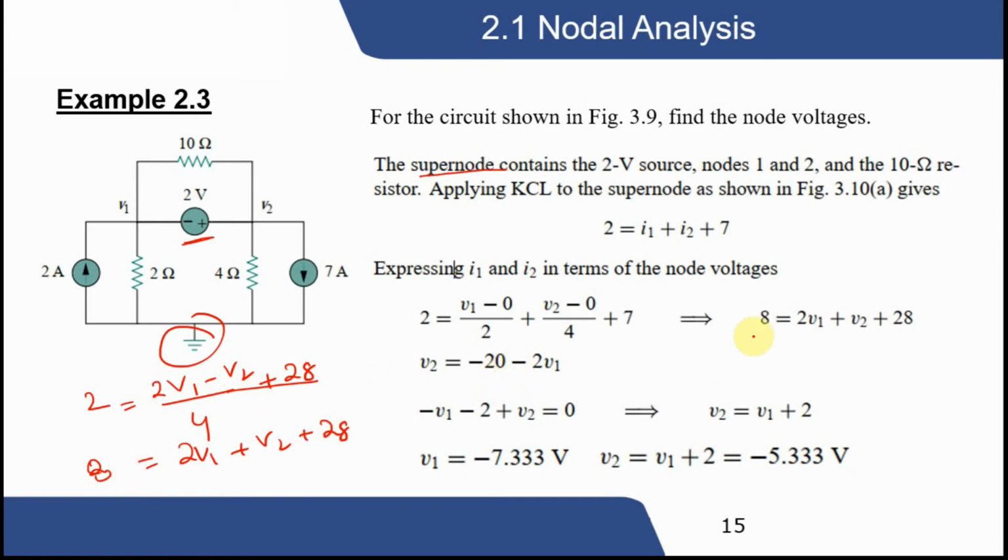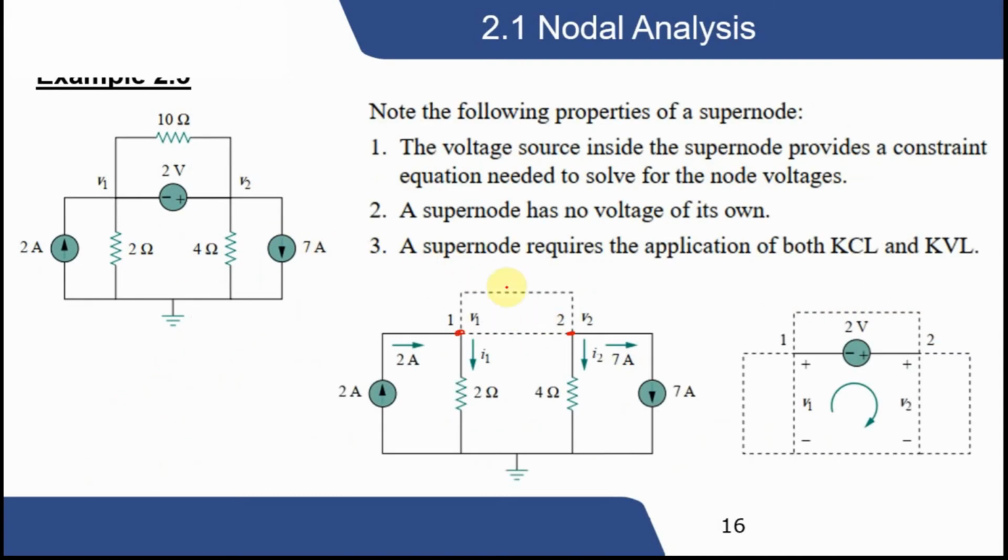Okay, so what we have done is, because we have two unknown variables, we calculate the value of V2 in terms of V1. We can also write it in one line, it's not a big issue. So this is equation 1. For now we have already applied the super node, because we don't have any other node; we only have one node. After applying the super node, there is no other node than this.